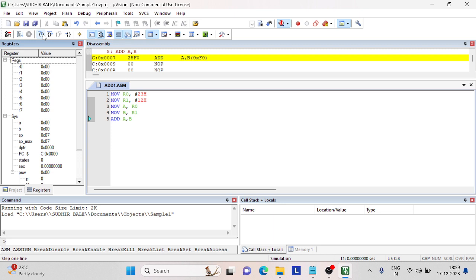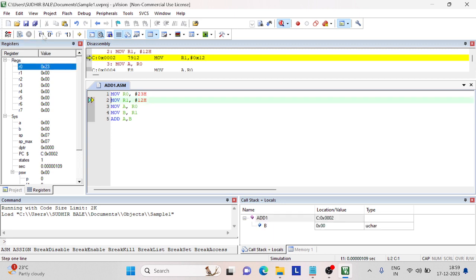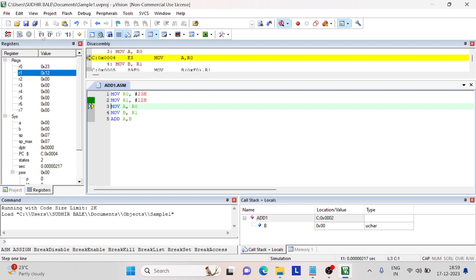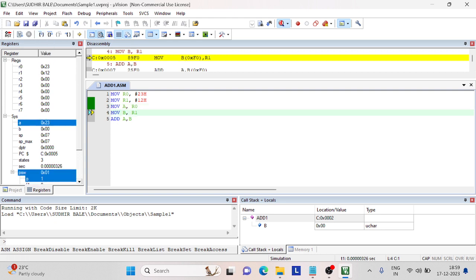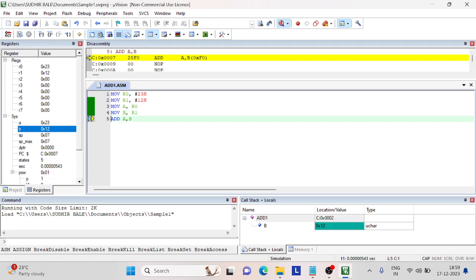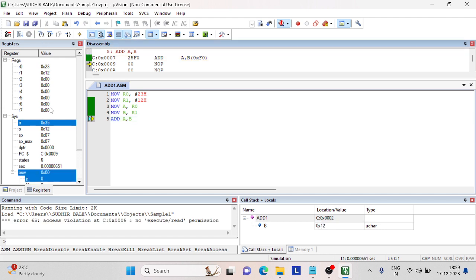Let us see what happens when we execute this line by line. In the very first line, the 23 hexadecimal number is loaded in R0, as you can see here. In the next line, 12 hexadecimal is loaded in R1. The content of R0 is loaded in A register. The content of R1 is loaded in B register. And next, these two numbers are added and the value is stored back in A register. As you can see here, the answer is now available in A register. This is one way,